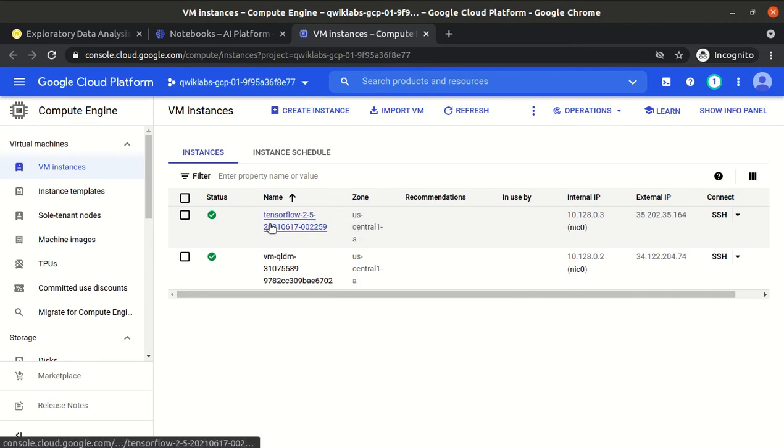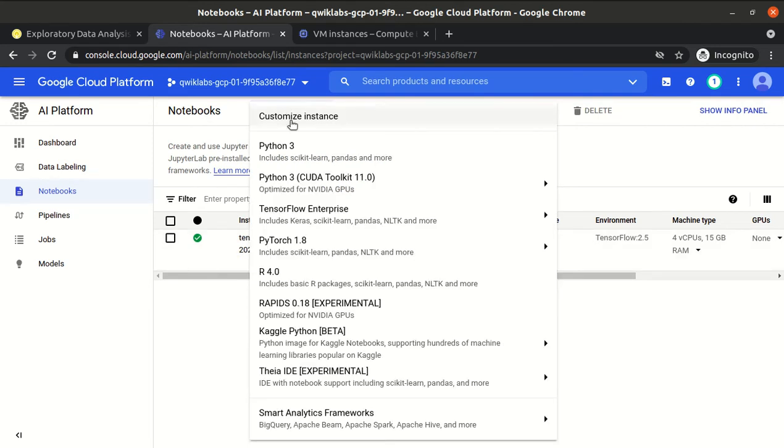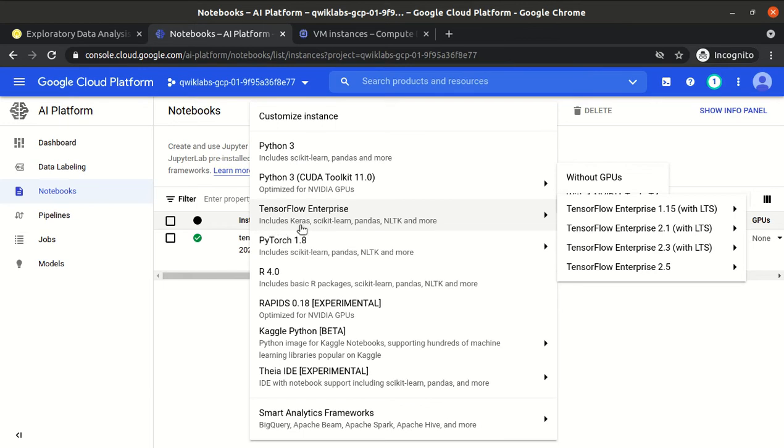The VM is created. Now it is trying to install some libraries, because we selected the TensorFlow 2.5 option. So it is going to install the TensorFlow libraries and other useful libraries, including keras, scikit-learn, pandas, NLTK and many more.